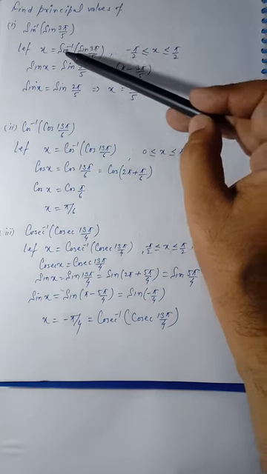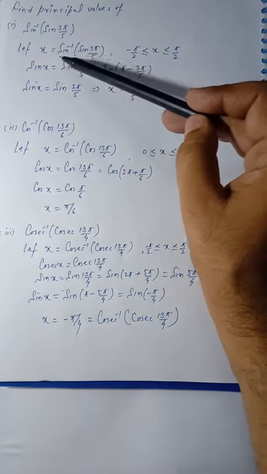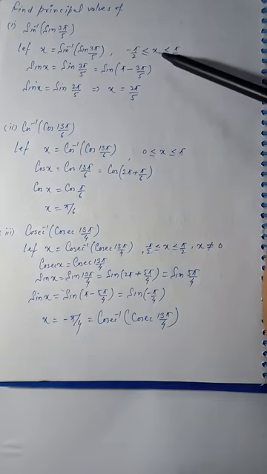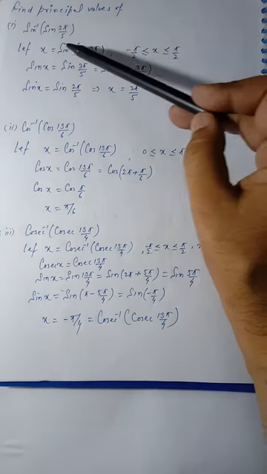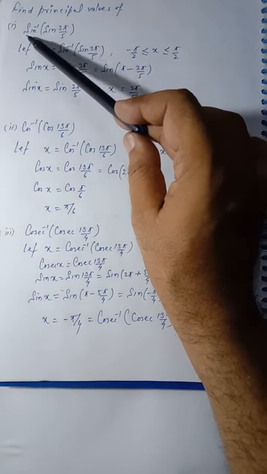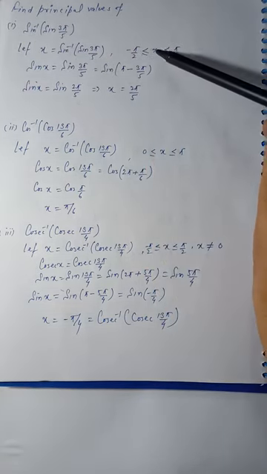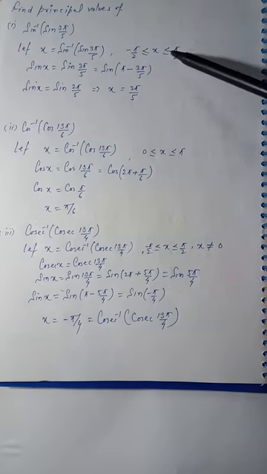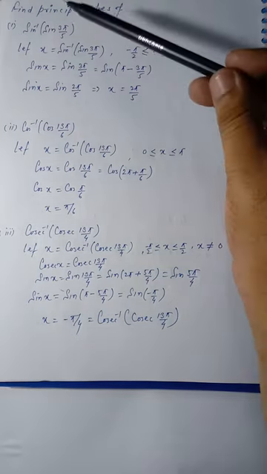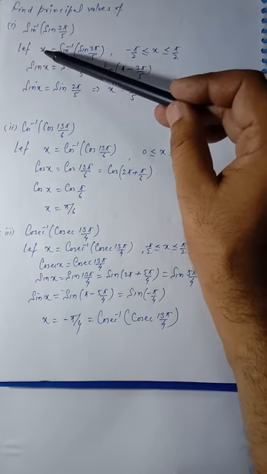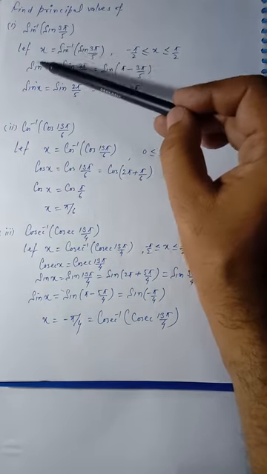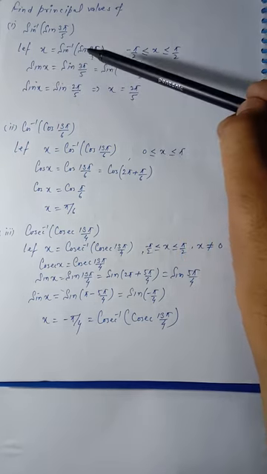When this value is x, it means the value of x will lie between minus pi by 2 to plus pi by 2, because that is the range of the sine inverse function, because the main function is sine inverse. So we will consider the range of sine inverse, which is minus pi by 2 to plus pi by 2, closed interval. And see, this x is here, so when the sine inverse comes to this side, it becomes sine x is equal to sine 3 pi by 5.